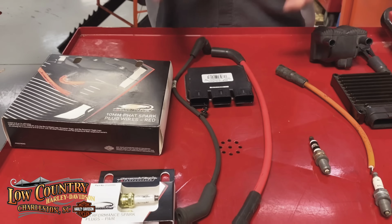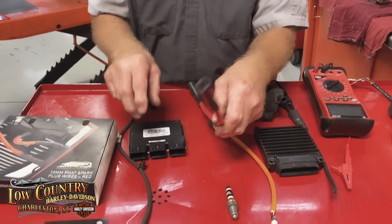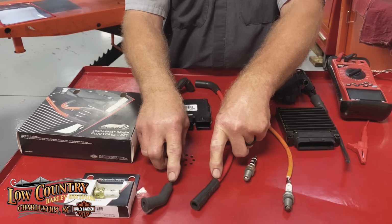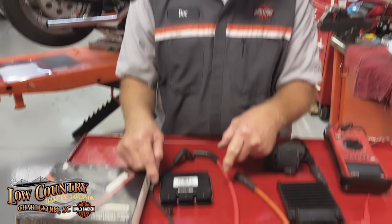And here's the big thing, two things I have to share with you, talking with the Harley-Davidson techs up in Milwaukee. One, if you're one of these guys that says, hey, on my Milwaukee 8, I only really can see the left side spark plug wires. I can't see the right, so I'm just gonna put 2 on this side. Don't, please, I can't stress it enough. Don't put 2 of these on the left side and keep the stock ones on the right side, because now you have 2 different readings come from one cylinder and 2 different readings from the rear cylinder,